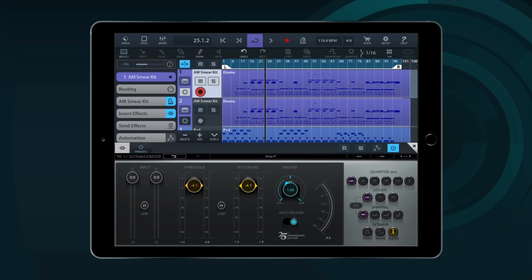I've settled on a value around -4 for the threshold because the mix will get even hotter later. Now we can bring up the out ceiling to any value that you like, and now we have a louder mix.